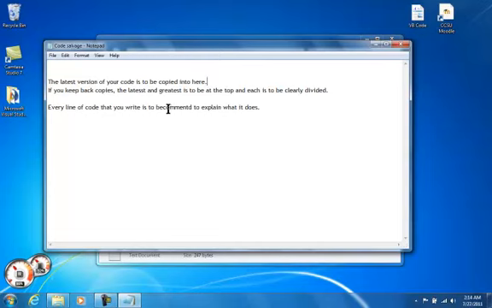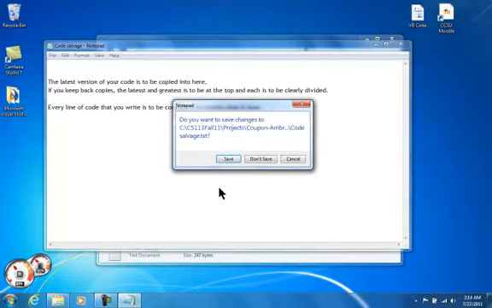The next part of your code is that as you write every line of code, you have to write a comment on the code as to what the code does. Be absolutely sure that you're doing this throughout the entire course. I'll be reminding you about this during the course as we go along. So that's a copy of